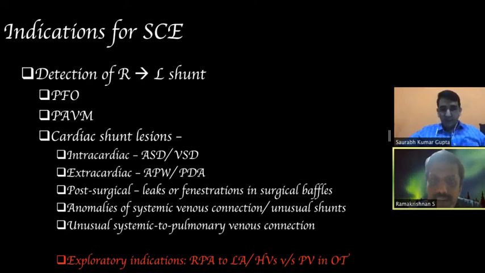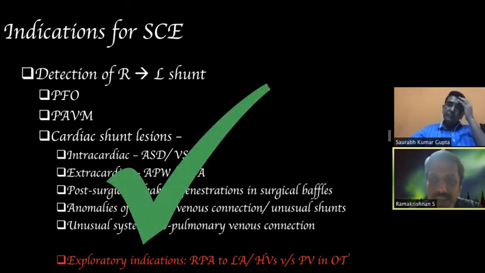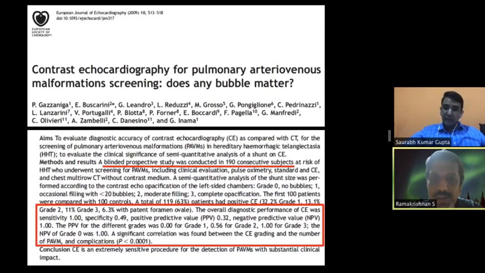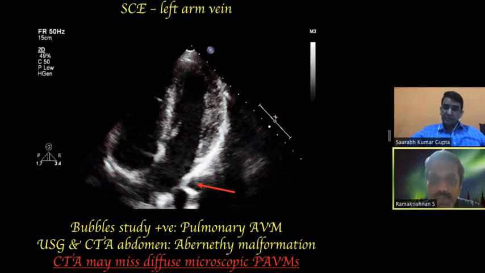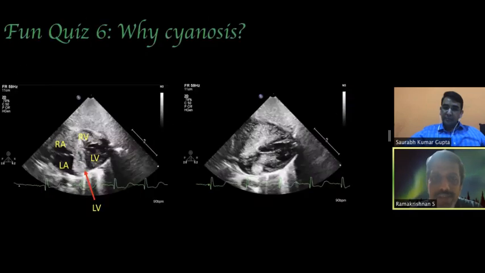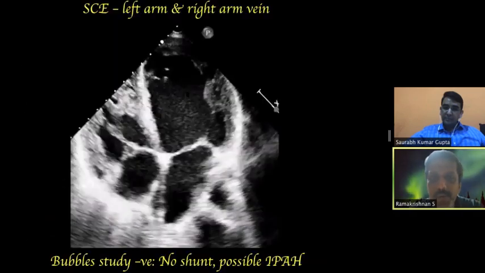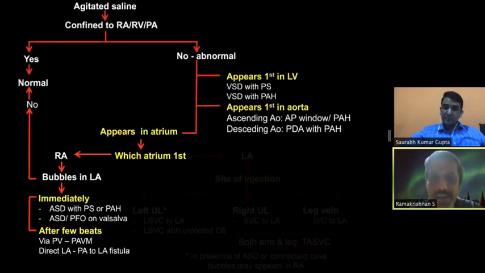I would say saline contrast echocardiography is the cheapest possible CT scan in a patient who has cyanosis and you are not able to find a cause. It must be done before the patient actually goes to the OR. For all patients in whom you suspect cyanosis and are not finding a cause, the first best investigation is saline contrast echocardiography. And you should have it ready all the time. It's all about the mindset, and a lot of things can be unraveled.